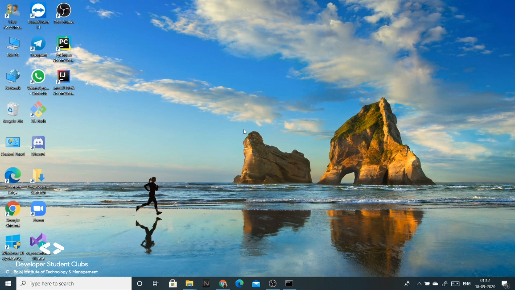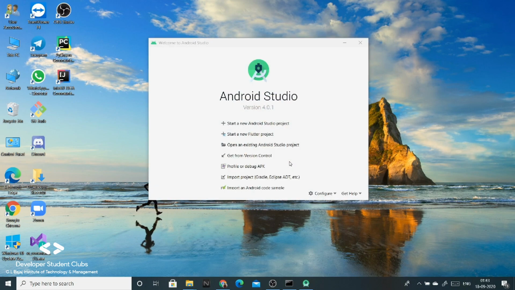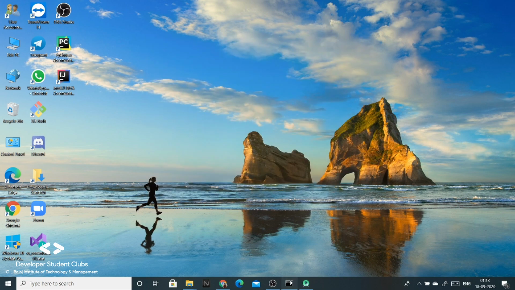If any of you had started making a project in Android Studio, you will find this in File, Settings, and then the Plugins option. Just click on Plugins and you'll see the same window as we were seeing before. So now that we have installed the Flutter plugin, we are seeing a new option to start a new Flutter project. But let's just close it for now.